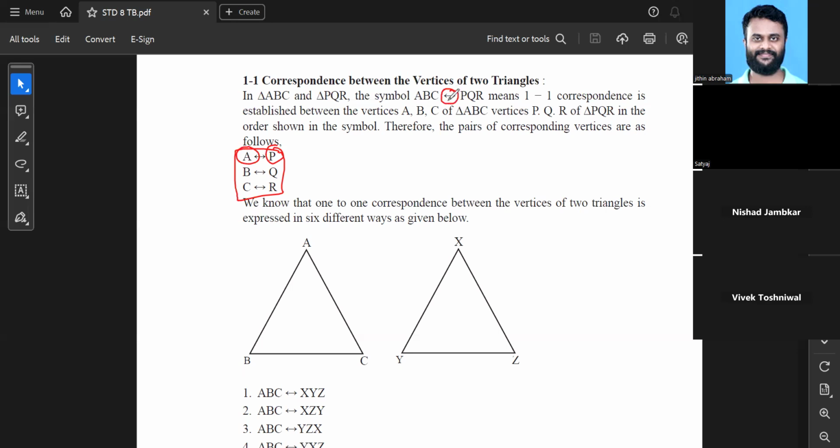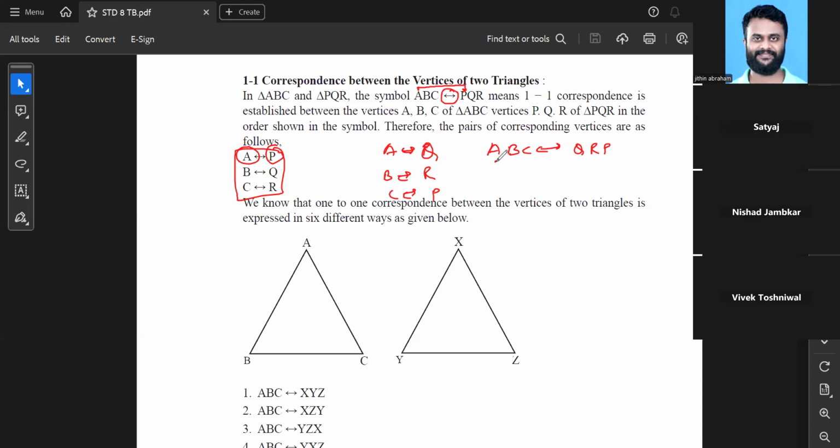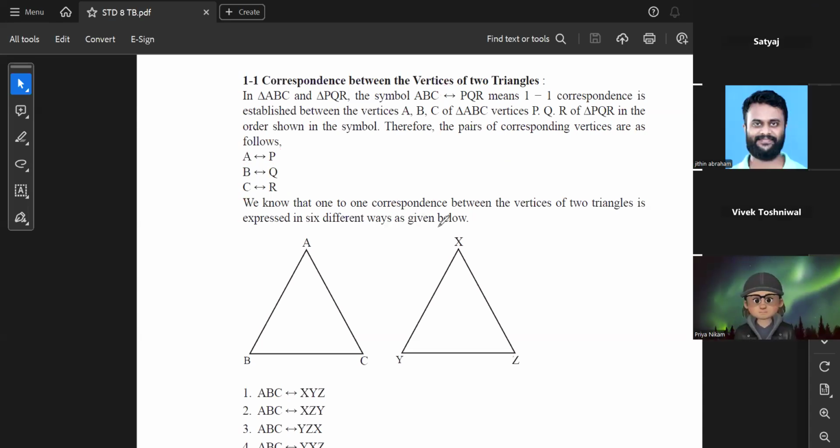We'll write ABC, and in the same sequence, whatever corresponds to A has to be written first. So for example, if A is corresponding to P, then I'll write it in that sequence. But for example, if A is corresponding to Q, B is corresponding to R, C is corresponding to P, if that is the scenario, I'll write ABC corresponds to QRP. So this is how we write. So the sequence is very important, whatever sequence we are writing. Okay. Now we know that one to one